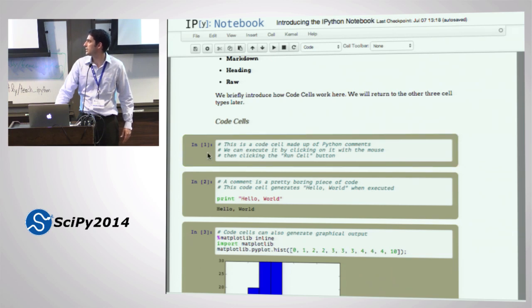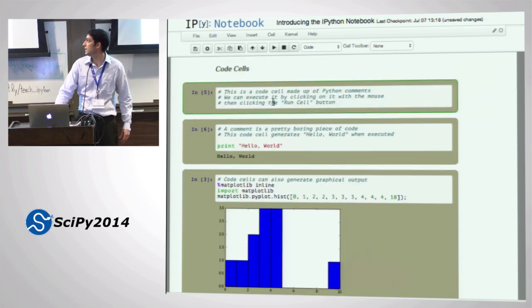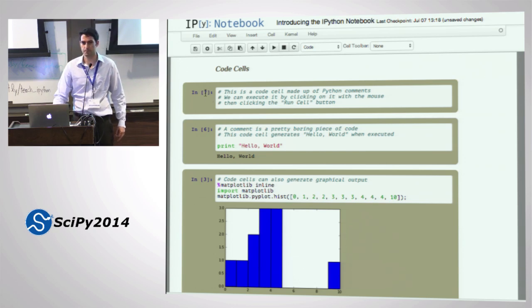It doesn't actually have to turn green to be selected. There's a light gold boundary when it's selected. If you click in here, it'll turn green, and that's the edit mode. I'll come back to that. But if you're here and you've got a green background and you're pretty sure you selected it, you can press play, and the only thing that should change in your notebook is this number to the left. If you're not sure that it changed, go ahead and click play again. You have to click on it and press play, and that number will go up.